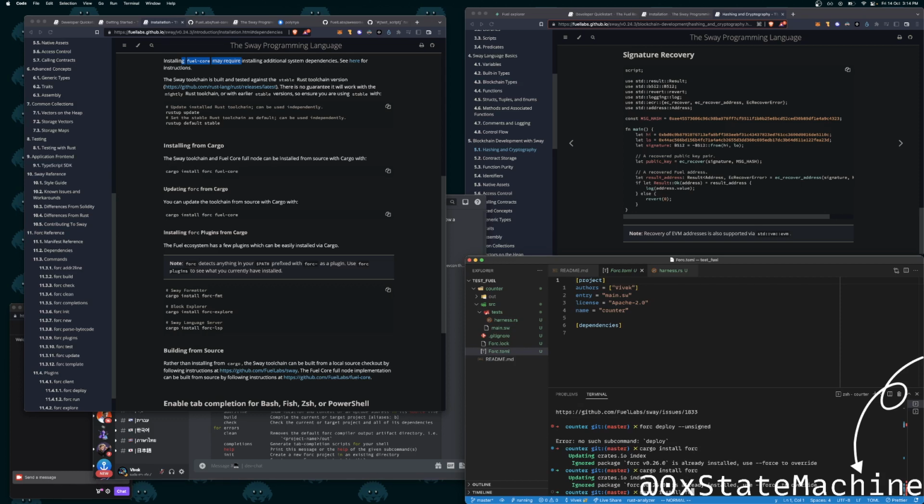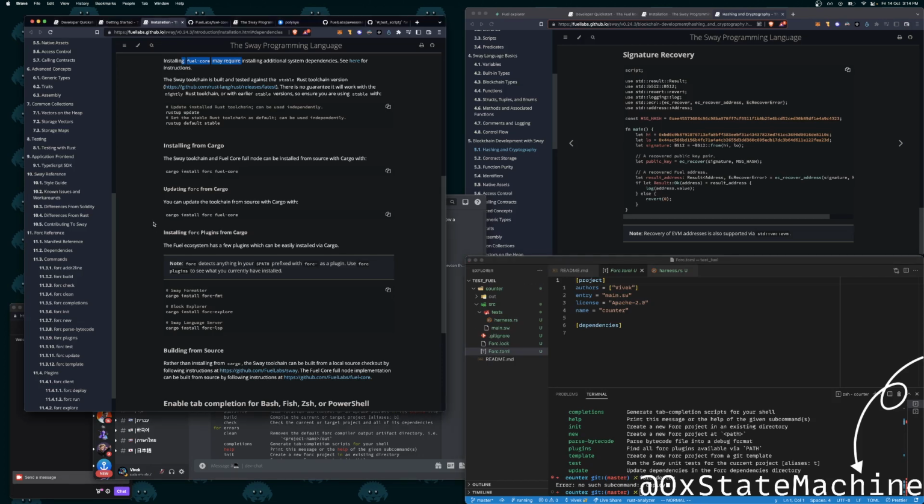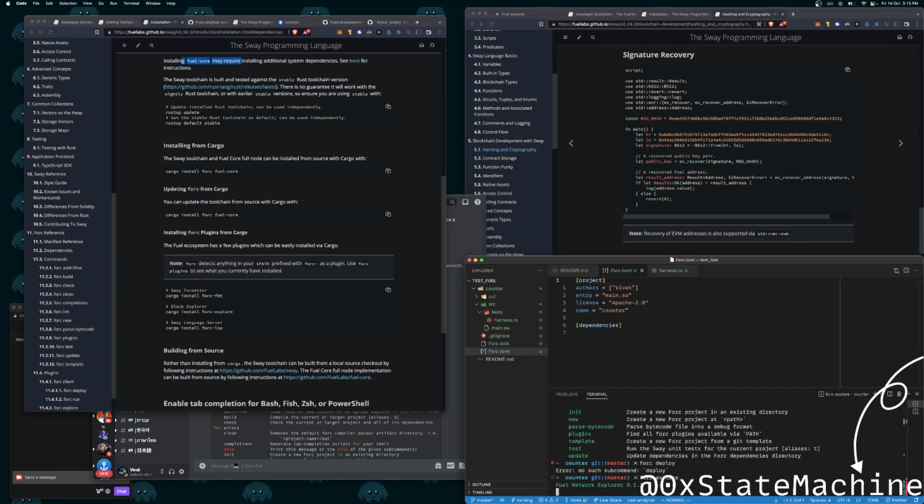Forc is already installed, and the same thing goes for fuel core.